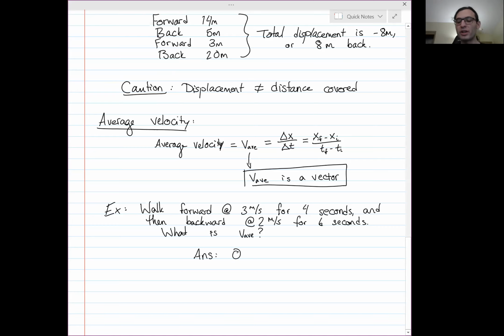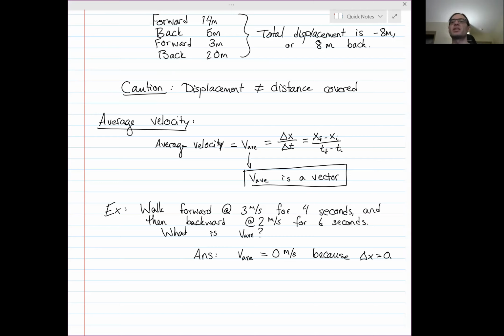So it doesn't matter what the duration was. The average velocity is 0 meters per second because delta x was 0. It doesn't matter how long the duration is. So this is why average velocity is not just the average of the velocities. It's just,